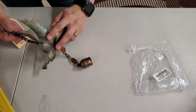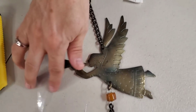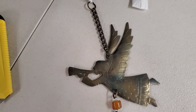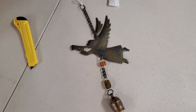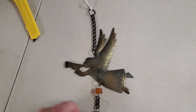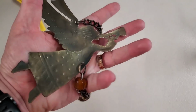This angel will never lose its wings because it already has a bell. Oh, look at that. That one's cool. It does look cool. That's a cool looking angel. I love that one. Kind of a, I don't know what you call it, a wind chime or what? I know people hang them up outside, but I think I'd like to keep them inside. Oh yeah, I would. I mean, they're fine for outside because they're metal, but